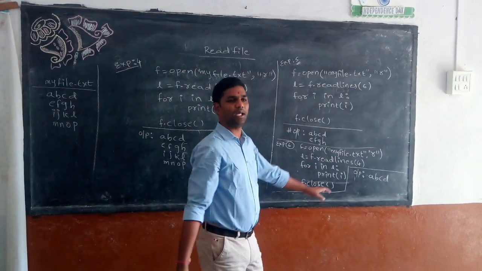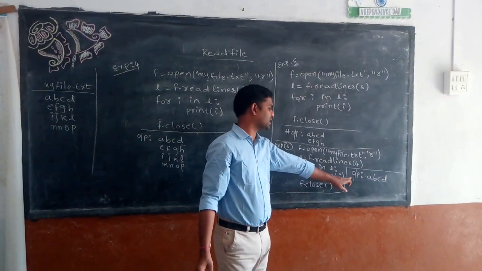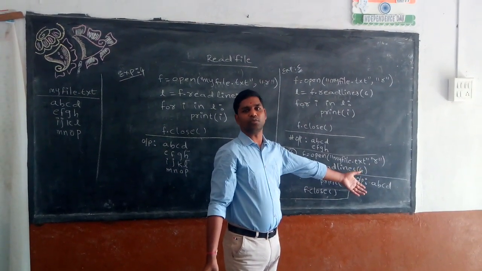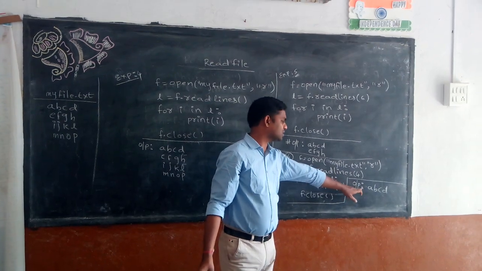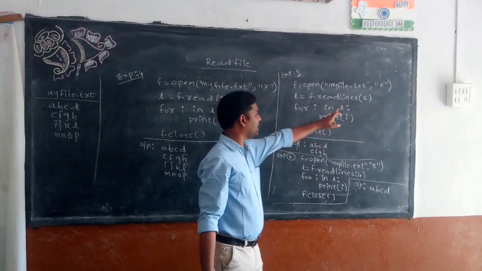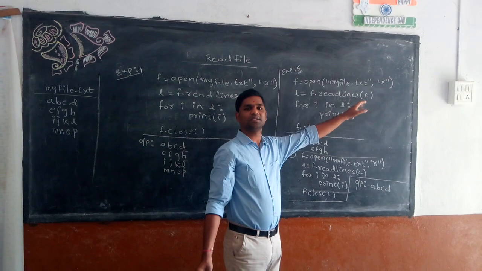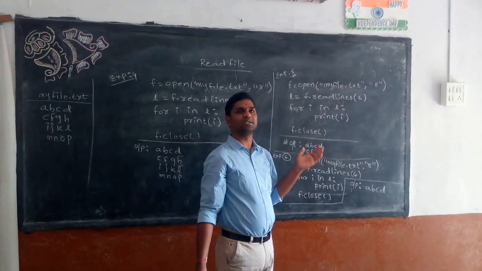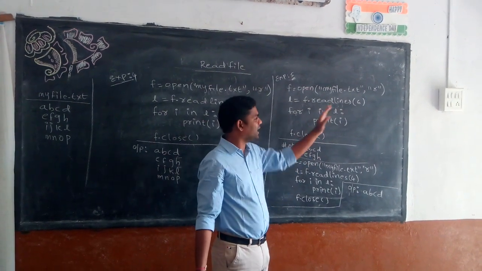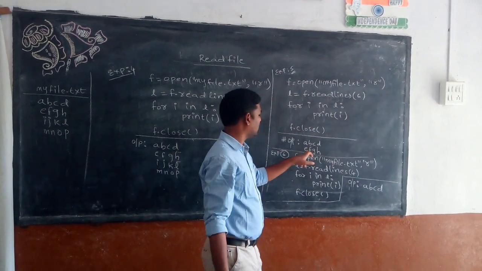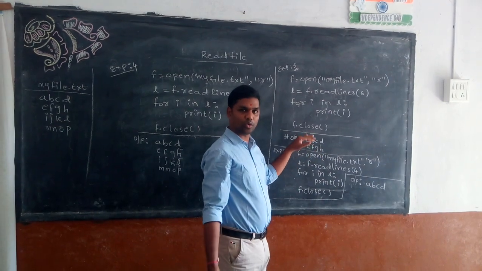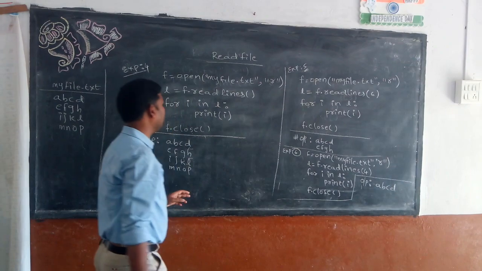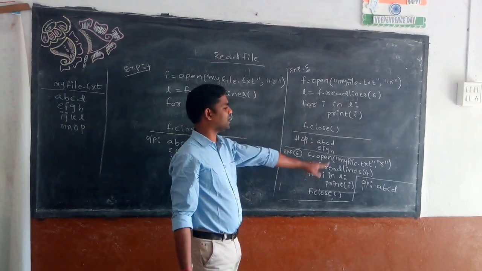I will not get A, B, C, D, E, F, G, H now. I will get A, B, C, D only because here I am reading only 4 bytes. That means it will read only 4 characters, and the 4 characters are available in the first line. And here I am reading 6 bytes. So 6 bytes in the sense the first line contains the 4 characters and one new line, that is 5 bytes, and the 6th byte is the second line content. So it will read the entire second line, so I will get E, F, G, H. Here there are 2 lines, but here I will get only 1 line of output. So that's the difference between readlines with 6 and readlines with 4.